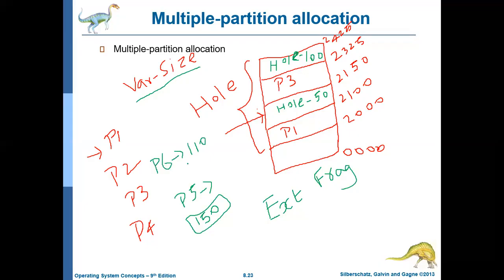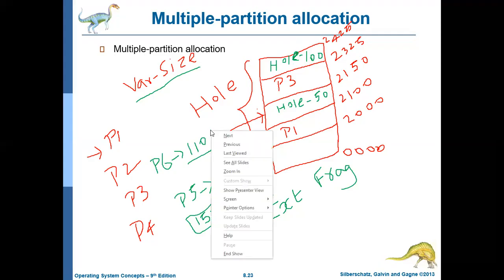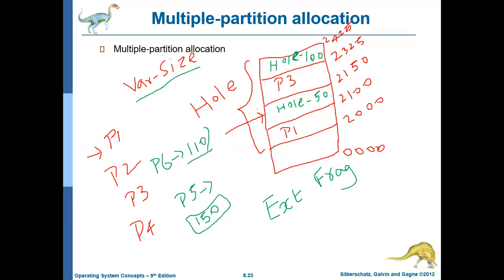But this request also cannot be satisfied, because this hole size is 50 MB and this hole size is 100 MB. Only if the request is less than 100 MB or less than 50 MB can it be satisfied. So now these two requests cannot be satisfied by the operating system because of the fragmentation created by variable size partitioning, which is called external fragmentation.